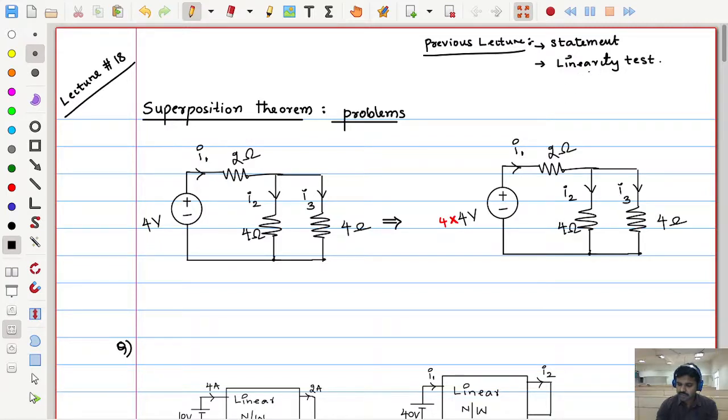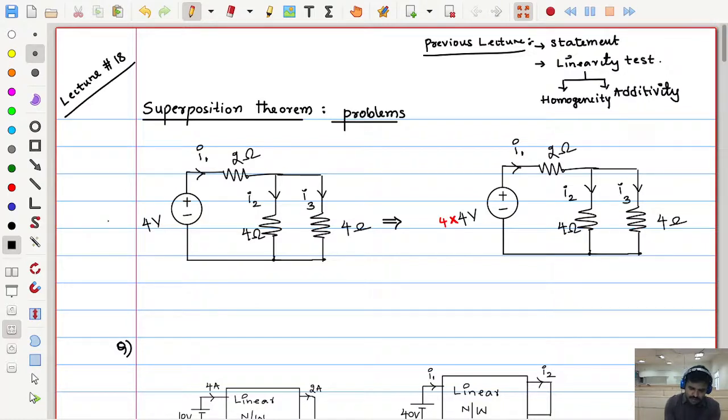In order to see whether a system obeys linearity, we should inspect two properties: the homogeneity property and the additivity property. We had seen how to test the linearity of a particular system using homogeneity and additivity together. We also discussed one problem especially on homogeneity. Now you can see the same problem in a different way.